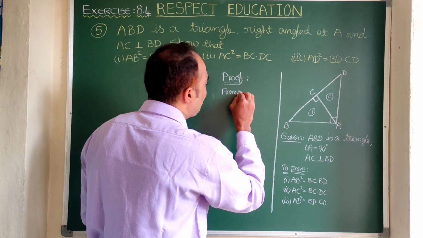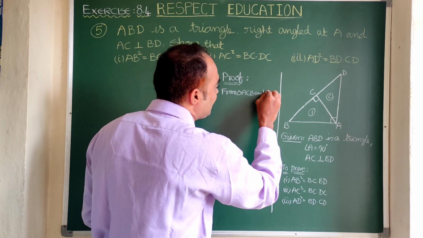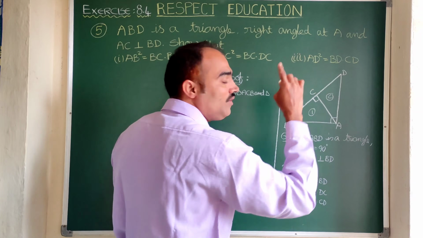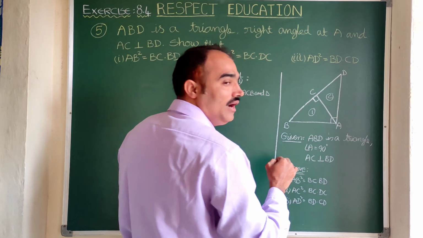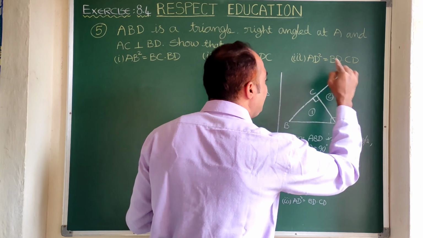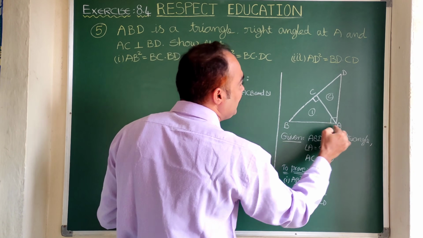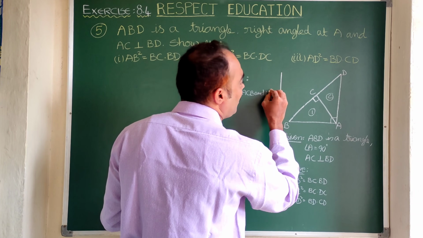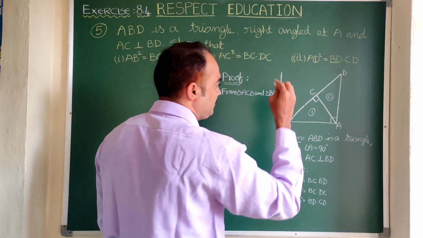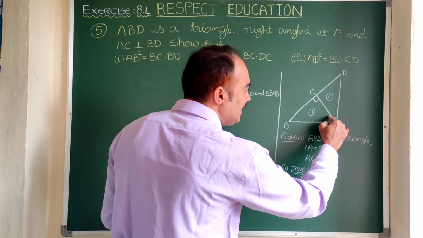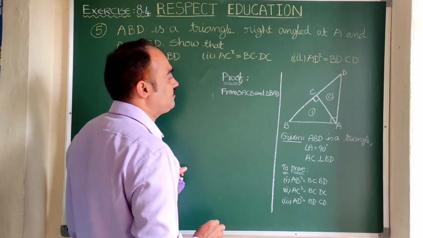So here I am taking the triangles. First one is from triangle ACB, and another triangle we should take the whole triangle or father triangle, that can be taken as DAB, or we can say BAD, both are same. Triangle BAD or you can write DAB also, however you want, no problem. Because your angle A is 90 degrees, that is to be kept exactly in the middle, nothing more than that.